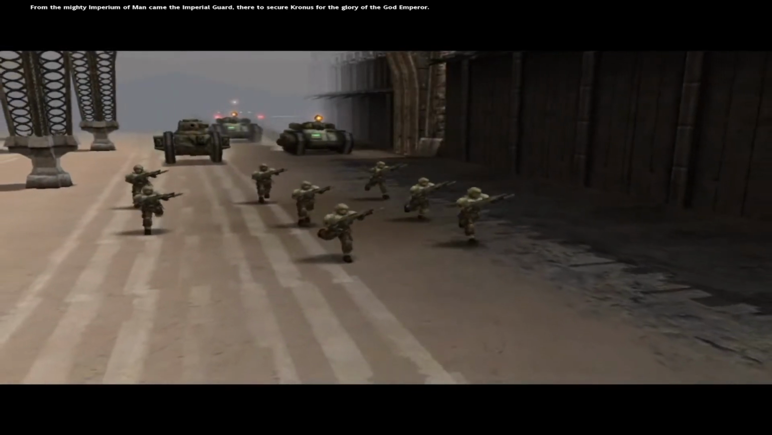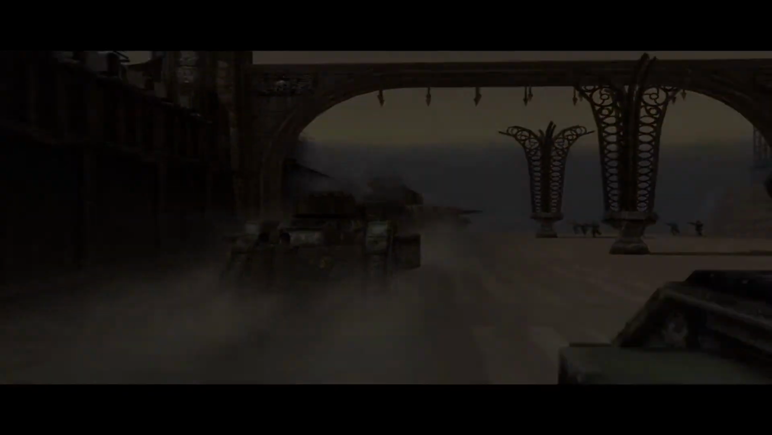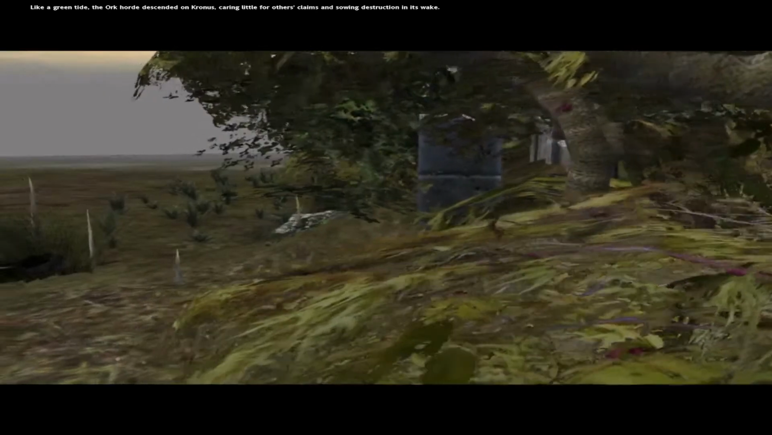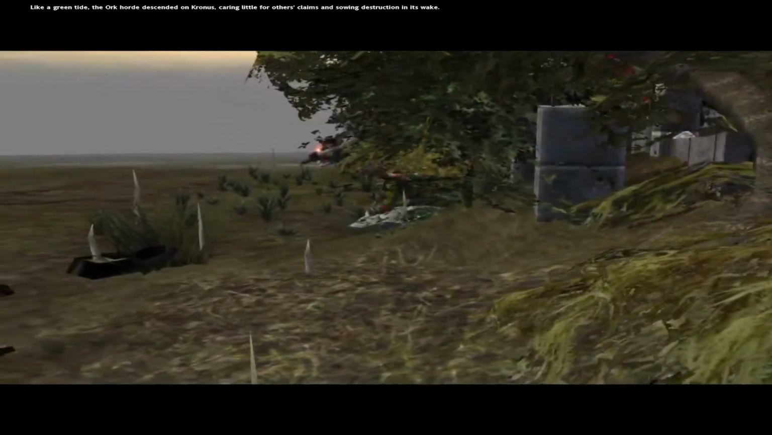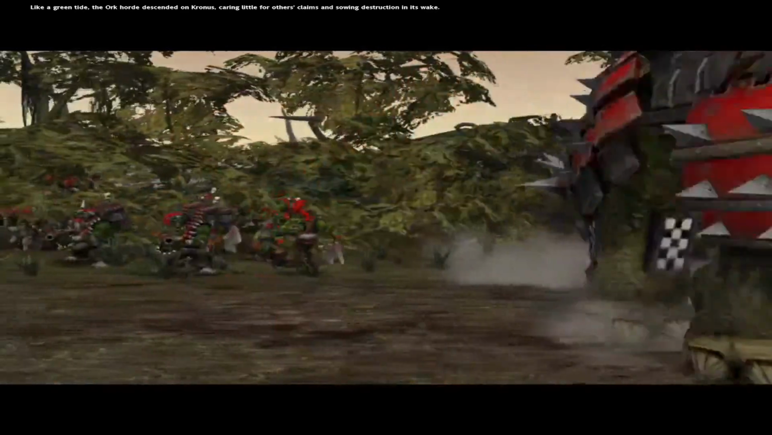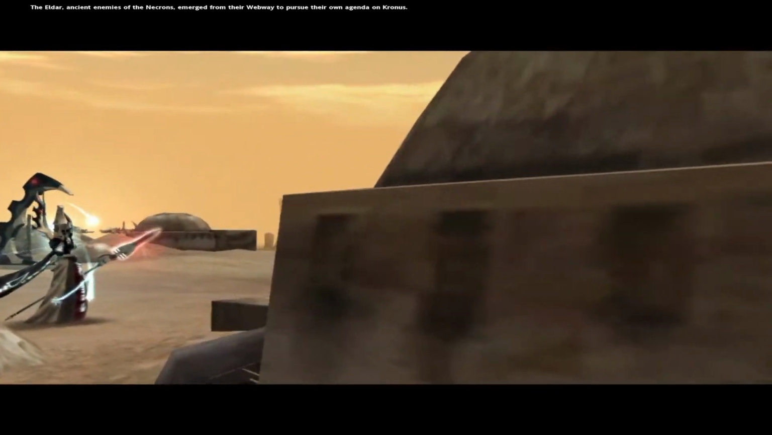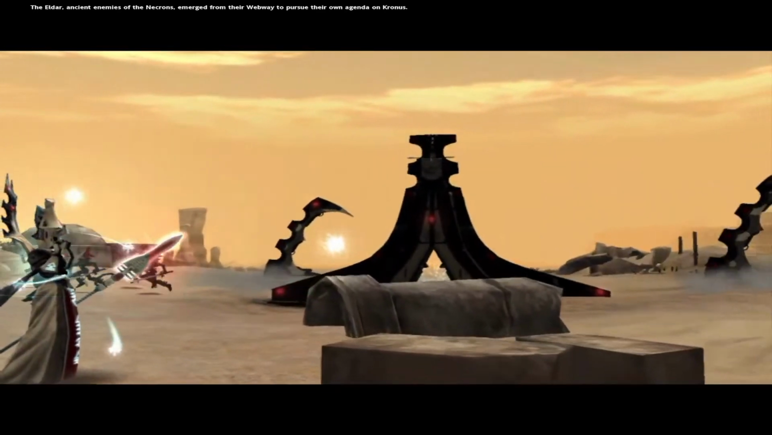the fray. From the mighty Imperium of Man came the Imperial Guard, there to secure Kronus for the glory of the God Emperor. Like a green tide, the Orc horde descended on Kronus, caring little for others' claims and sowing destruction in its wake. The Eldar, ancient enemies of the Necrons, emerged from their webway to pursue their own agenda